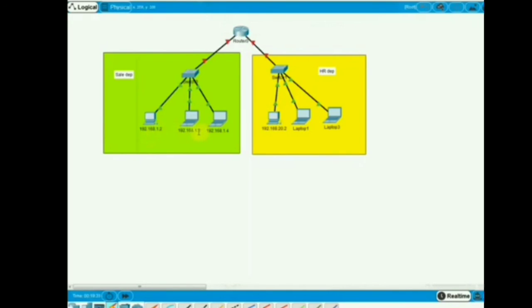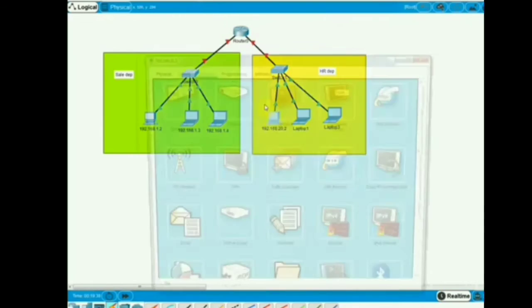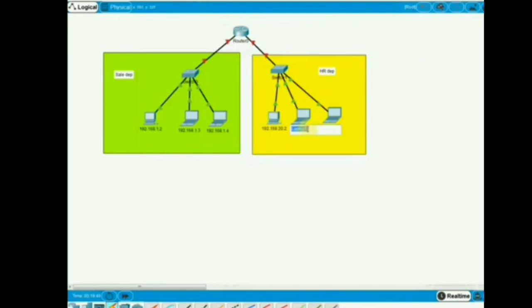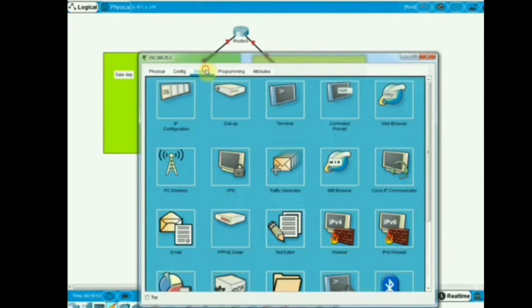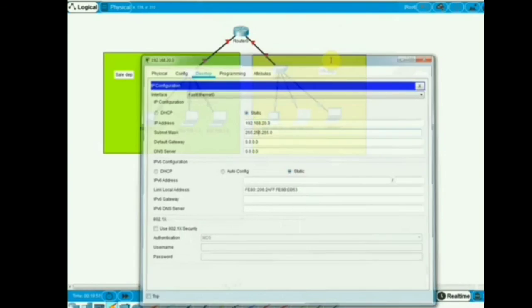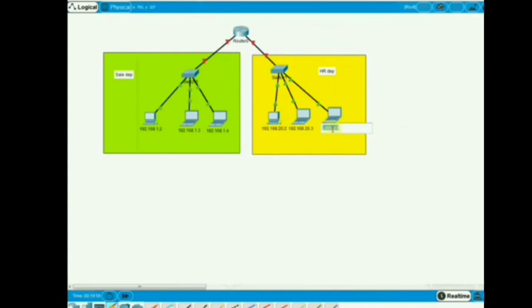This is just a basic introduction, don't worry, we will do a similar lab again. If you did not understand, and if you have any issue, don't worry, this is basic, we will do it again, no issue. Okay, and I will write 10.1.1 because this port is assigned to the sales department, and whatever IP the port is taking, we need to keep it here.